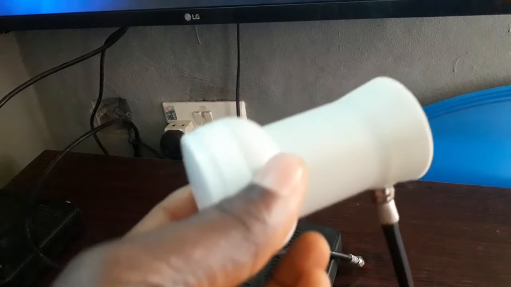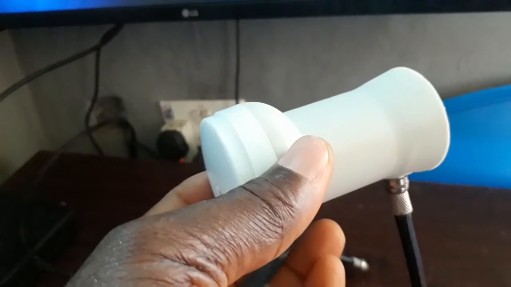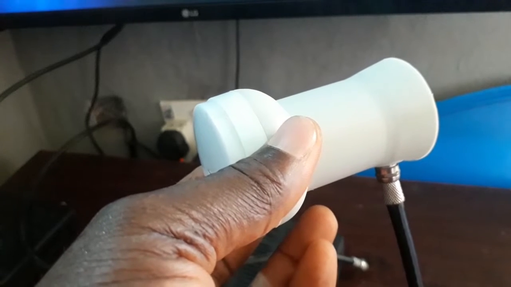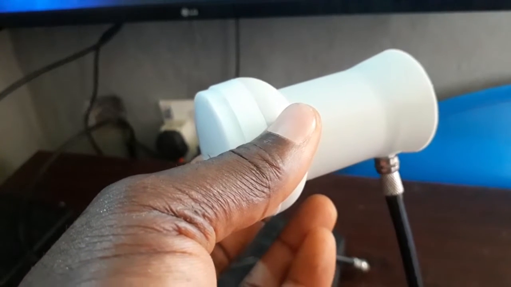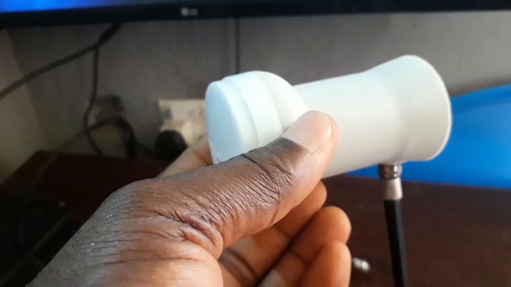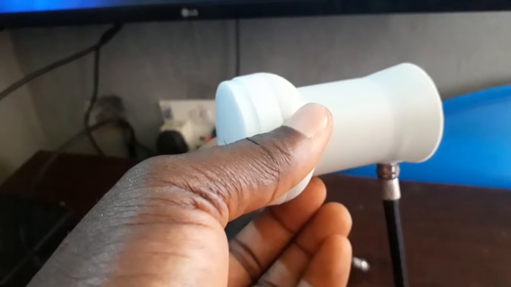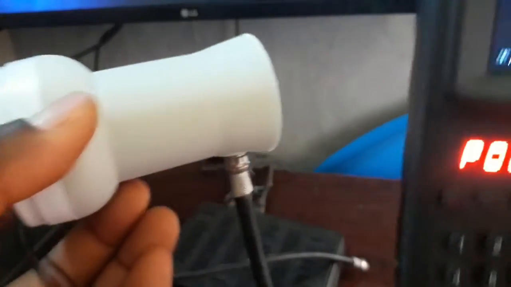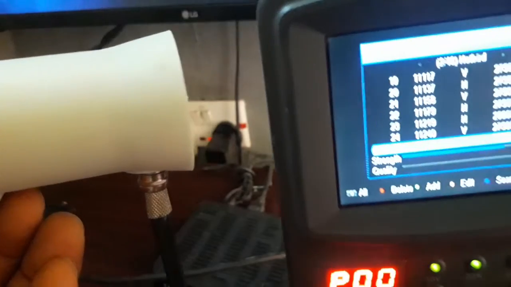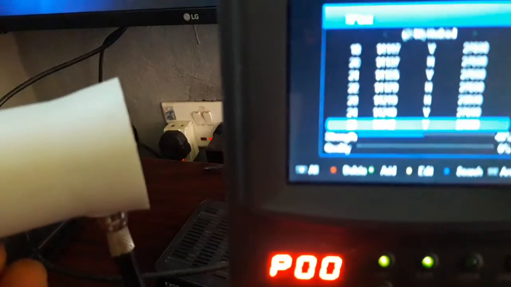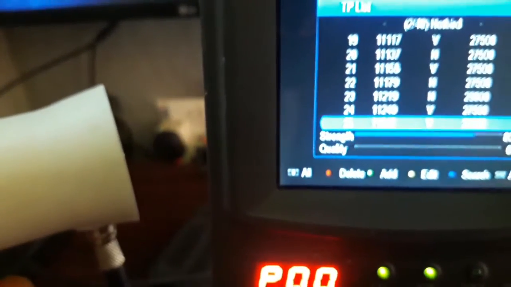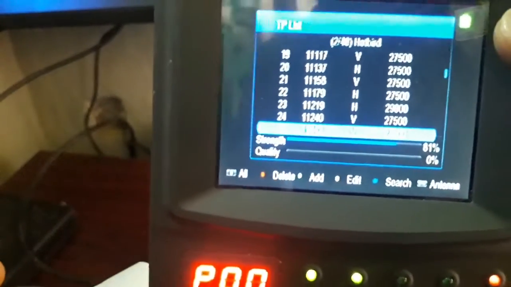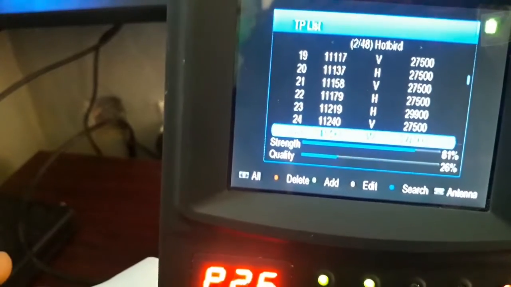So if this is the LMB on my dish, for instance, I have to go to the dish, unplug and remove the RF cable that goes to the decoder, and then put my own short one from the LMB to the satellite meter. And then if I can have a reading like this, as you can see, we're already having